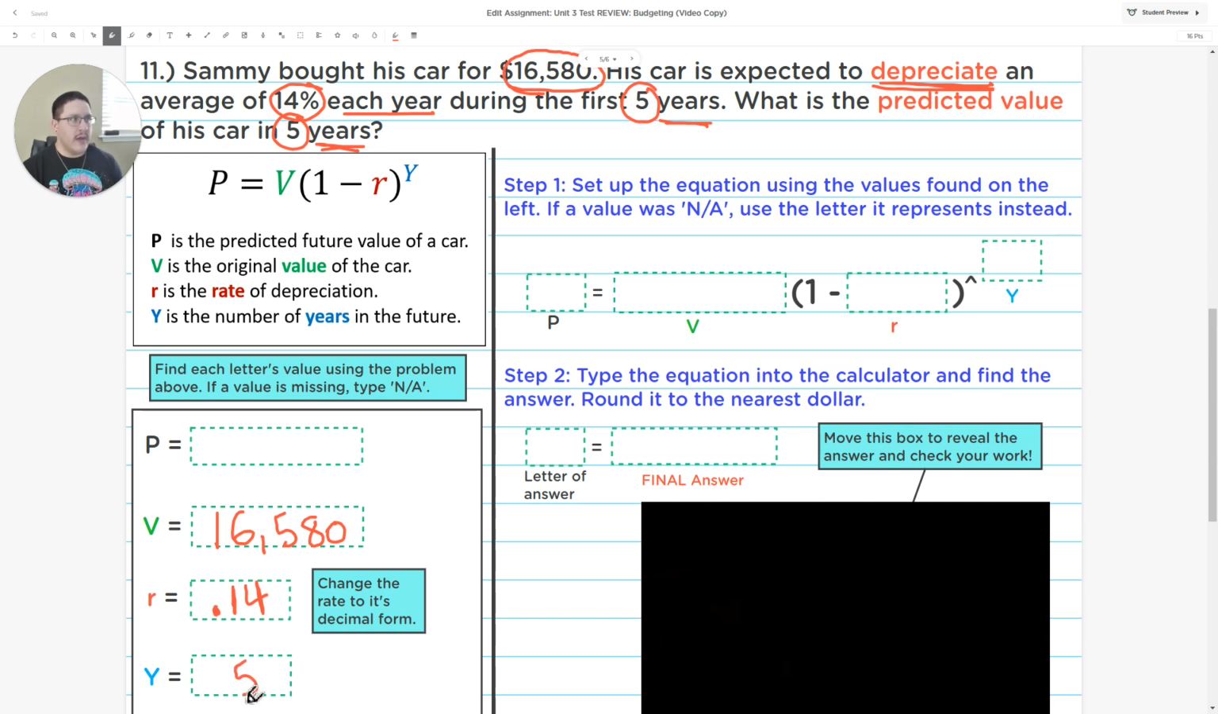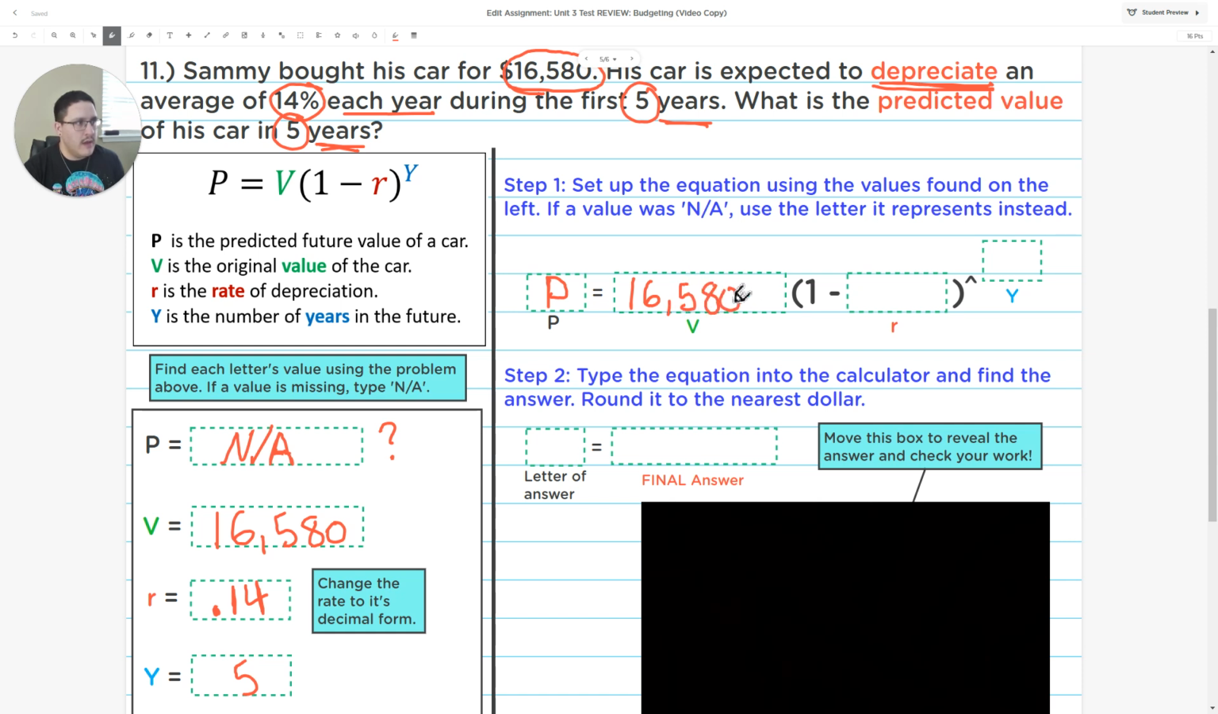The P value is what it's asking for in the question. What is the predicted value? So we don't know what this is. If you're in ClassKick, you would put NA, but really all you need to know is P is the missing value. So when we plug everything into the equation, P is the only one that stays a letter. Everything else gets filled in, so we have